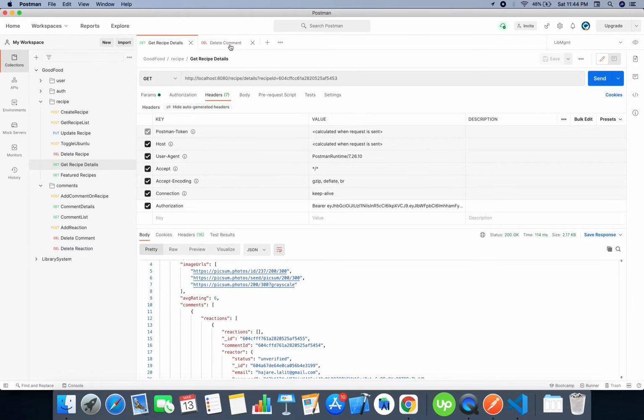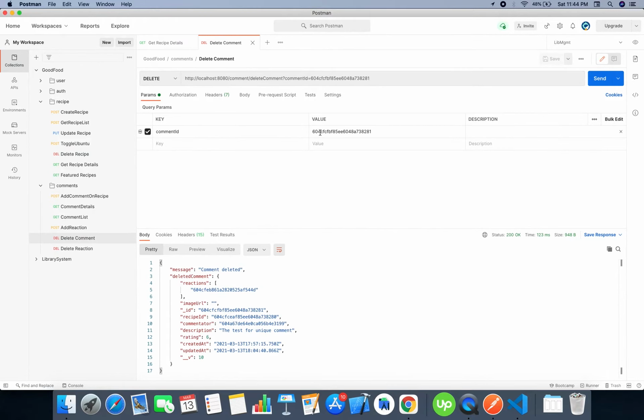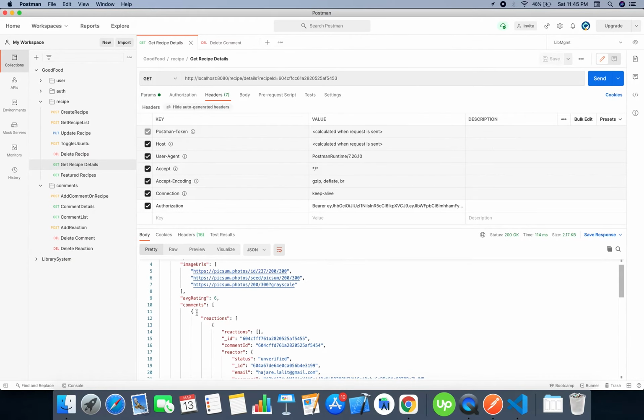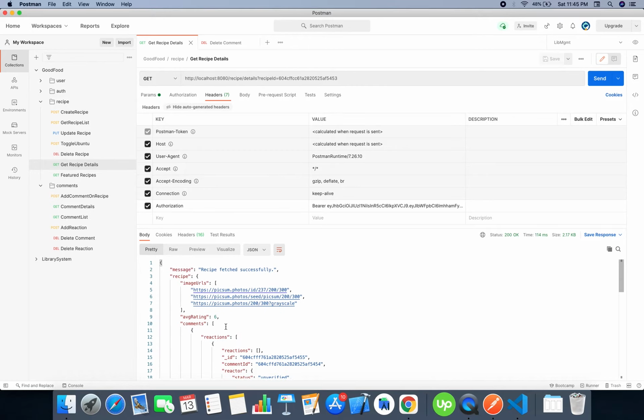Now let's try deleting the comment. Now our expectation on the success of this API will be that after deleting the comment, this inner reaction will also be automatically deleted, and that's the reason why we were supplying the comment ID and recipe ID in each reaction.